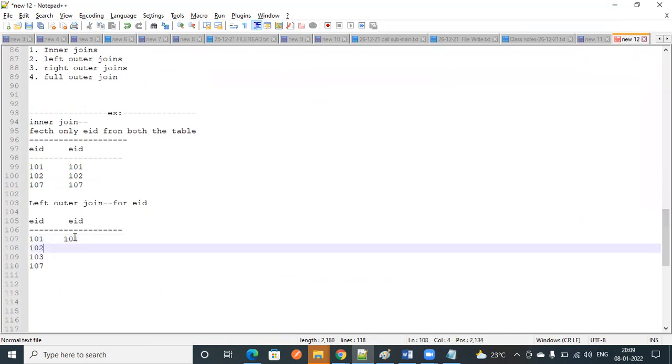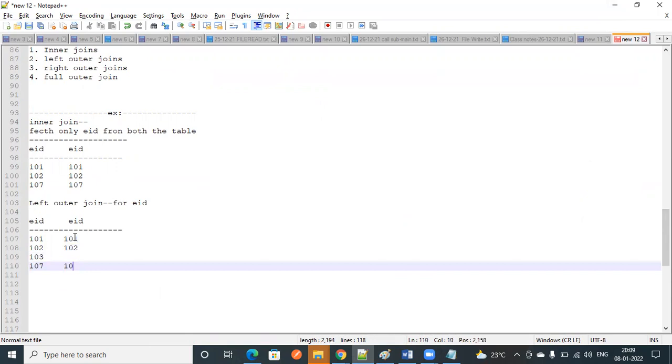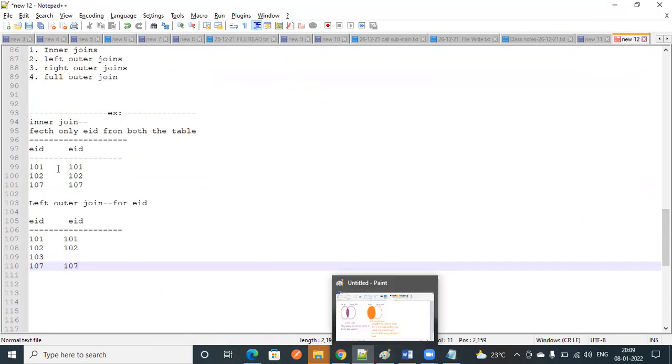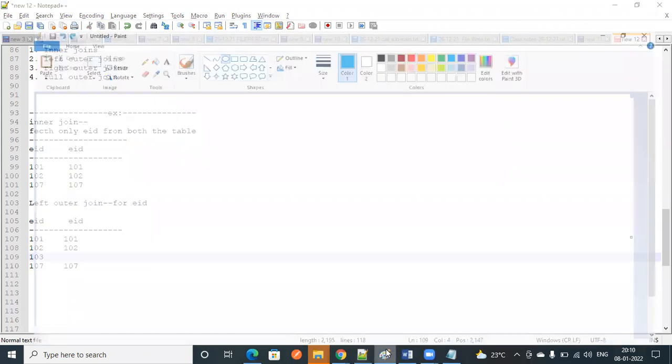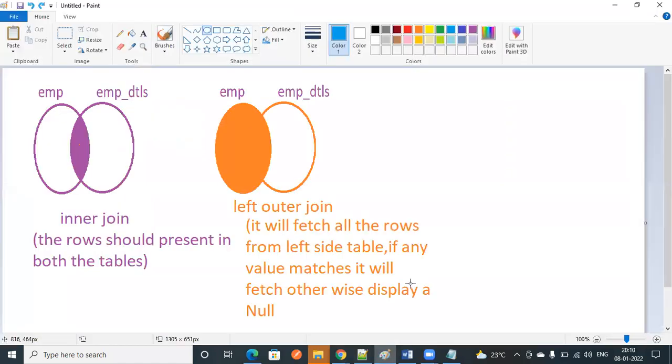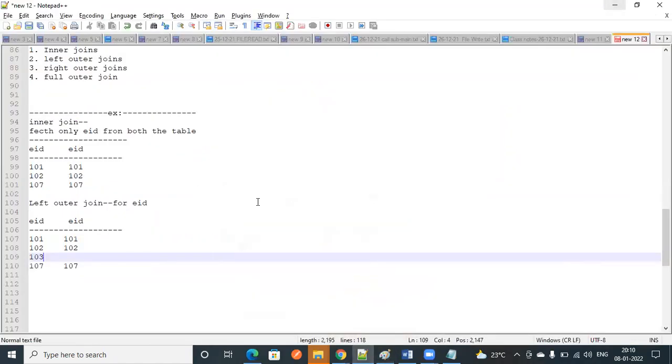Two steps are clear. What is the first step? It will fetch all the rows from the left side. If any match, then take it from the right side. If there is no match, this is very, very important, it will display as a null.